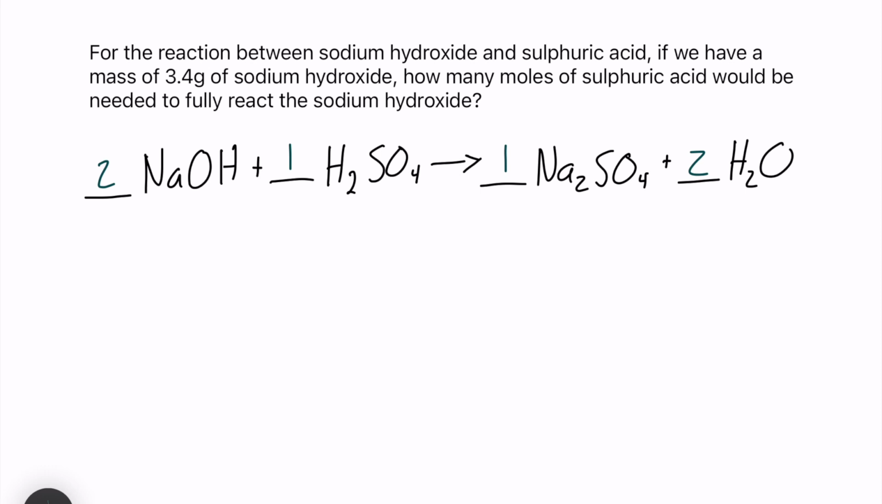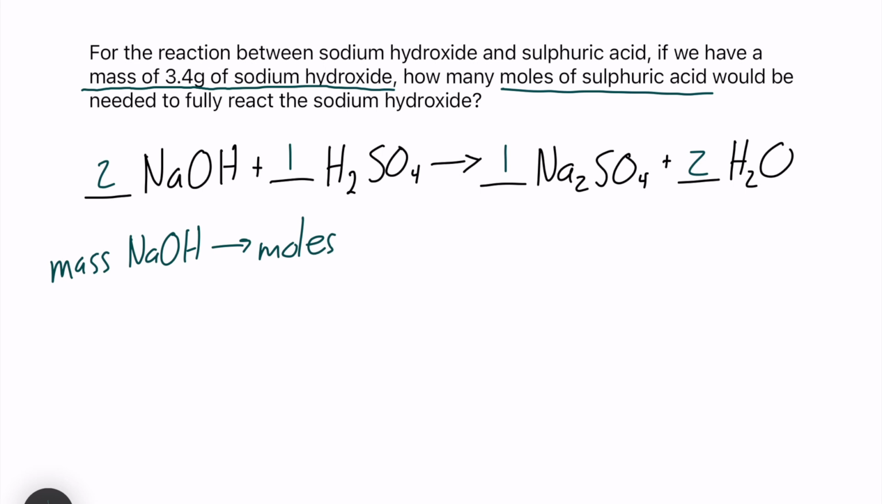The next part is we are going to figure out what we have and what we are trying to get from this question. So we are given a mass of 3.4 grams of sodium hydroxide, and it's asking for moles of sulfuric acid. Okay, so we are going from mass of sodium hydroxide to moles of sulfuric acid. So sulfuric acid, so we have